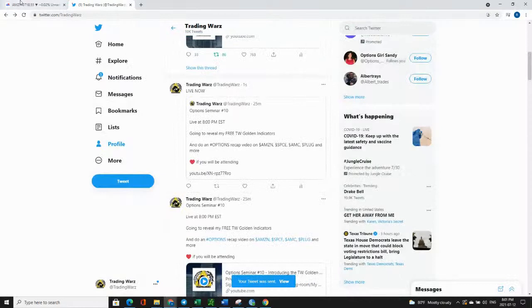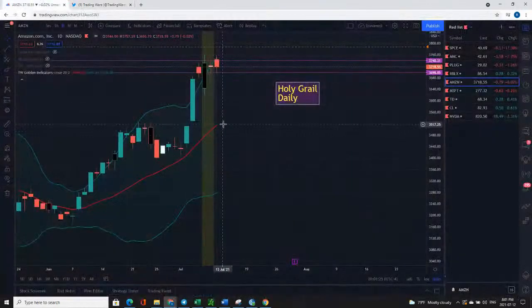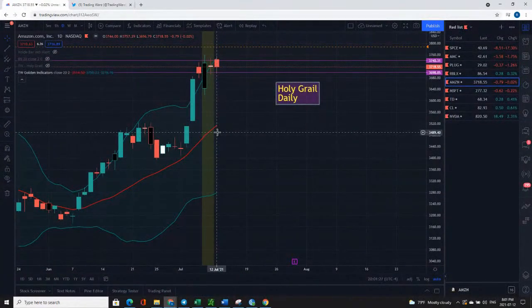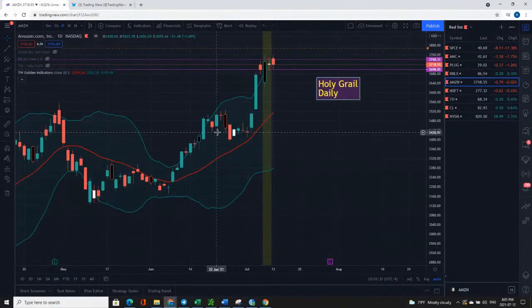Okay. So the first thing that I wanted to talk about was the indicators. Okay, so let's start off with that. I've been working with a follower who knows how to write code, and he was like, hey man, you do a lot for the community and I want to help you out and help build these codes. So he's helping me with this and I'm going to share it with you guys. Okay, so let's see what we have here.